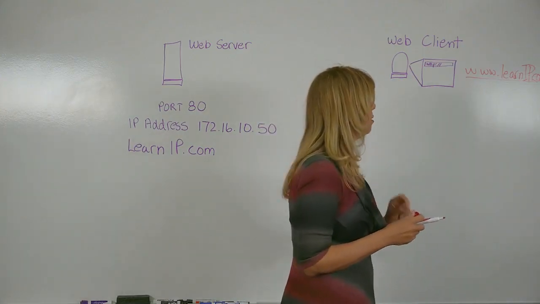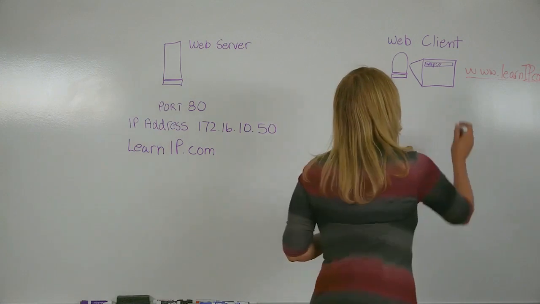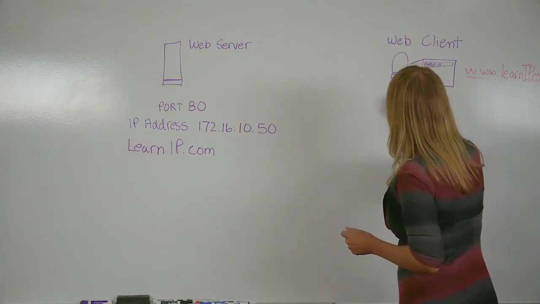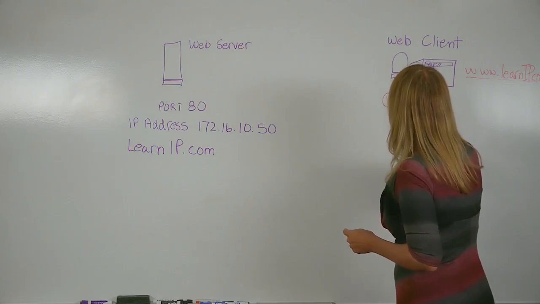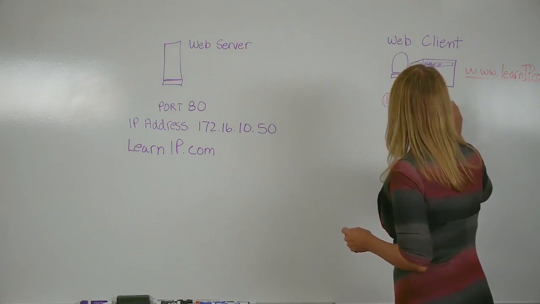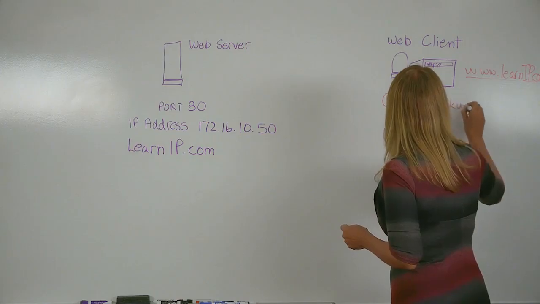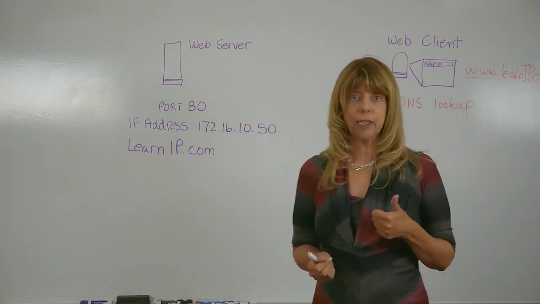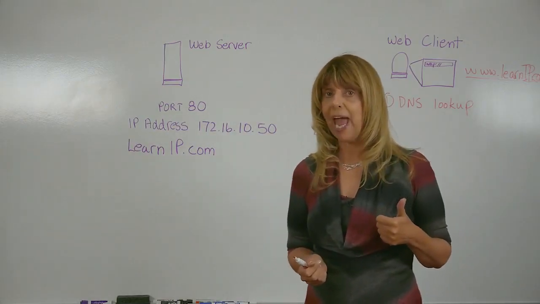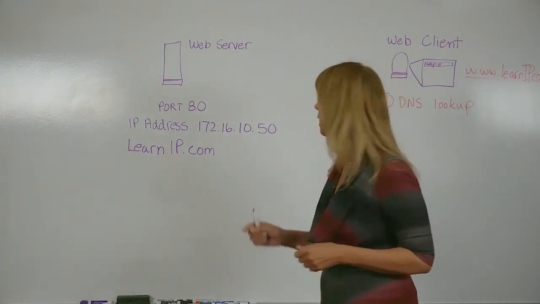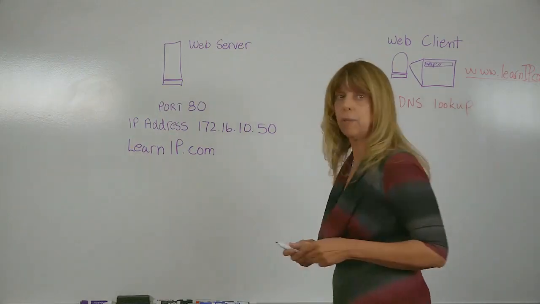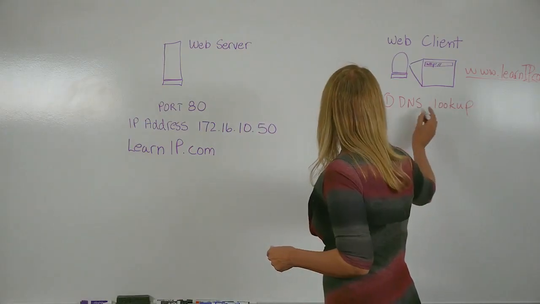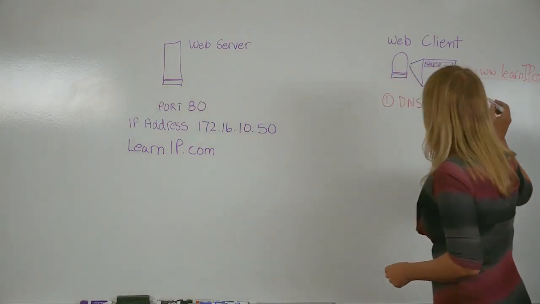So when it uses the URL www.learnip.com, the first thing that has to happen is that a DNS lookup has to occur. A DNS lookup is sending a request to the DNS server in order to get back the IP address that has been associated with www.learnip.com. So in this case, it's going to get returned to it the IP address